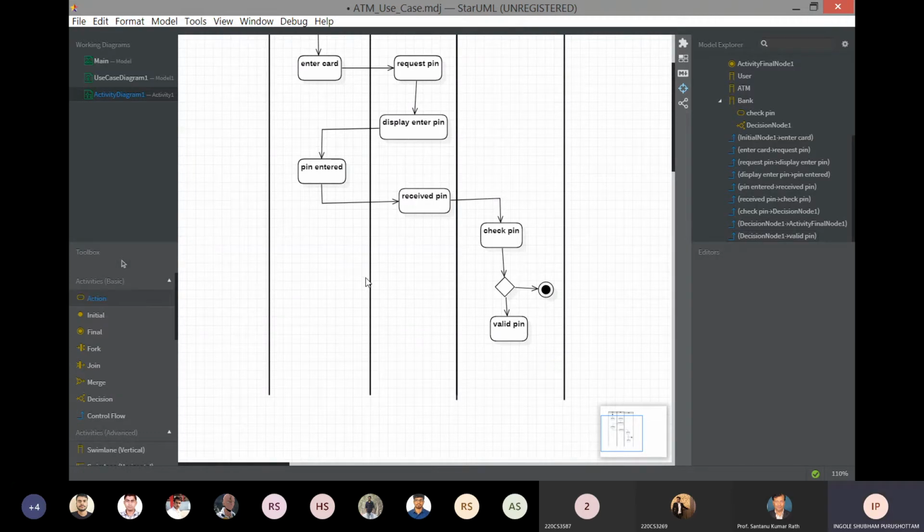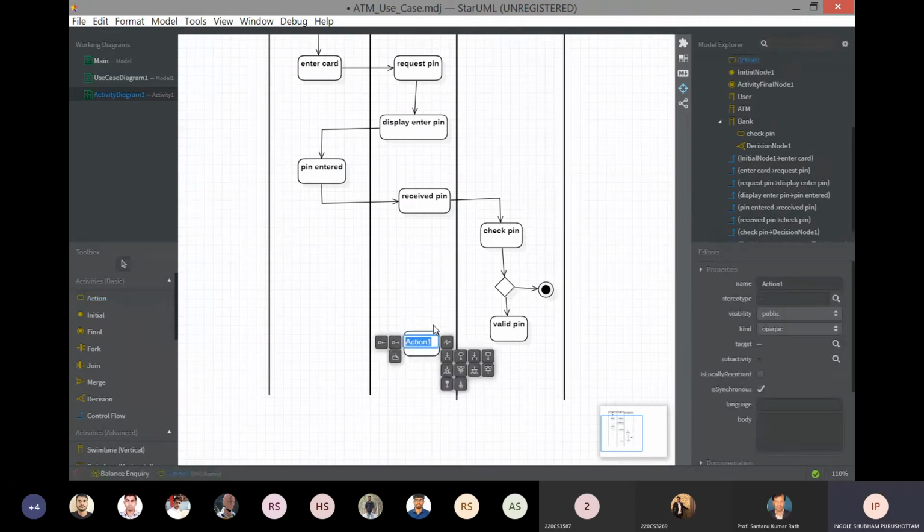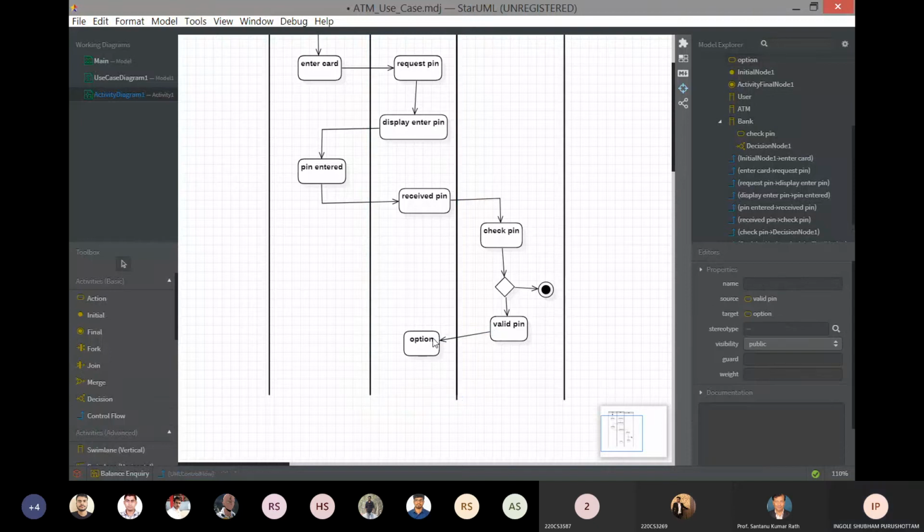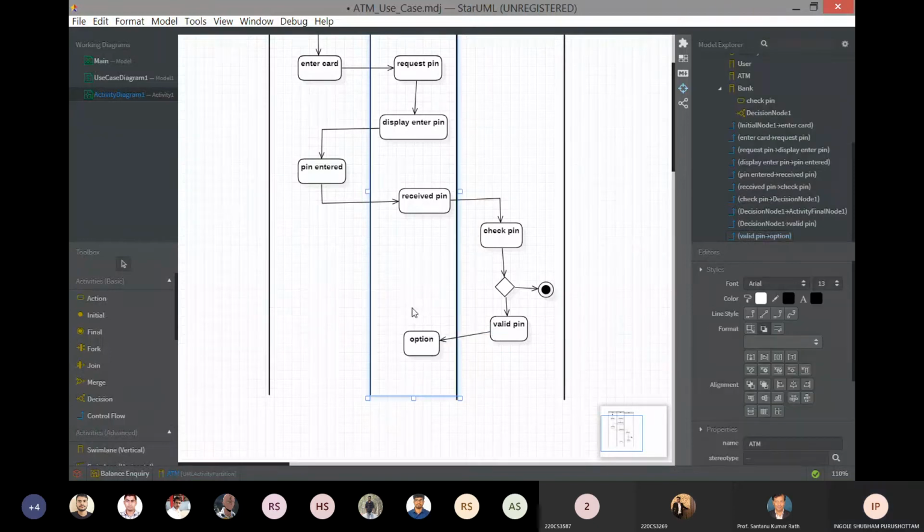Now, if the pin is valid, the ATM will show the options. Right? What the user wants to do. You want to check balance or to change pin, whatever. So the next action is by the user.